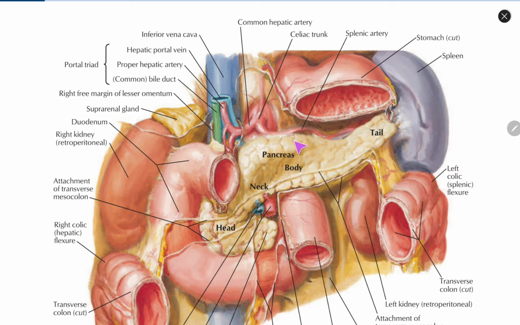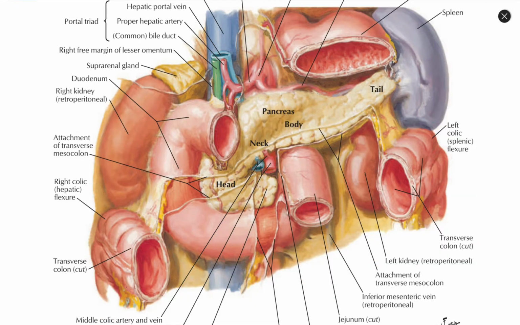That is a superior border, inferior border, and an anterior border. Here you can see that a part of the body projects upward beyond the rest of the superior border, and this projection is called the tuber omentale. The anterior border provides attachment to the root of the transverse mesocolon. The superior border is related with the tuber omentale, and the inferior border is related with the superior